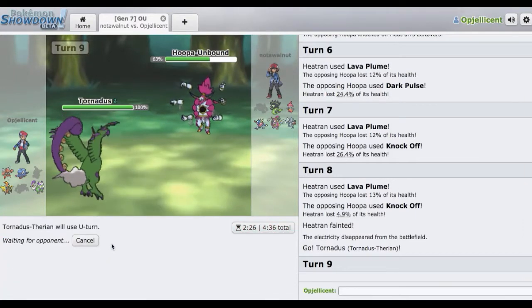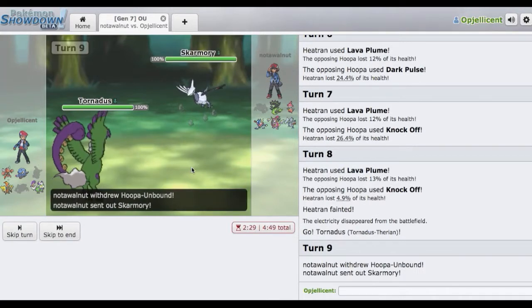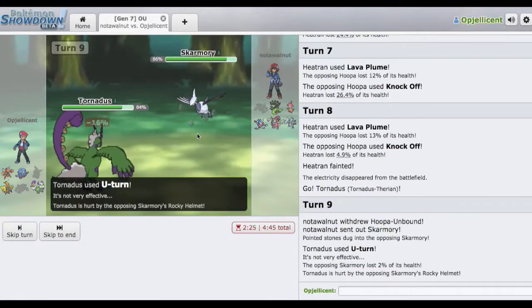I can pretty much U-turn out safely on anything, and then bring in my Koko after. Not expecting it to be Scarf Zygarde. So we pretty much get a kill right here, or at least we get Koko in for free. So he does go Skarmory, which is totally cool. And we're going to U-turn out right there, and just bring in our